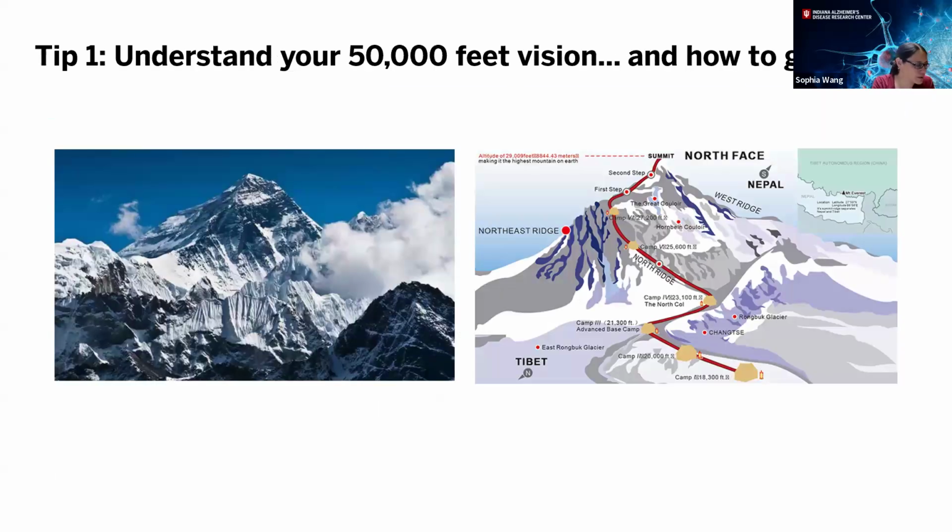Okay. So I think the first thing is you need to understand what your 50,000 feet vision is, right? Are you going to end up at a multi-site study, right? Or is it such a rare disorder, it's never going to be phase 3, but you're going to get the data that you're going to get. And I think by understanding where you want to end up, this will help you both from a career standpoint, but also from a recruitment standpoint of what you want to be achieving. And as you can tell, there's these sort of interim points, and you want to be checking each of those out and making sure you're on track to that.